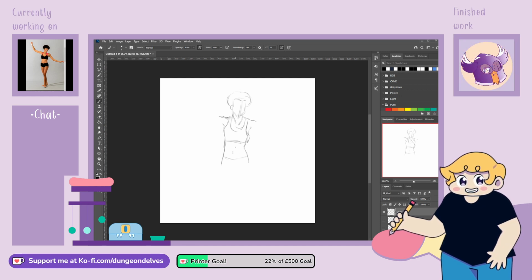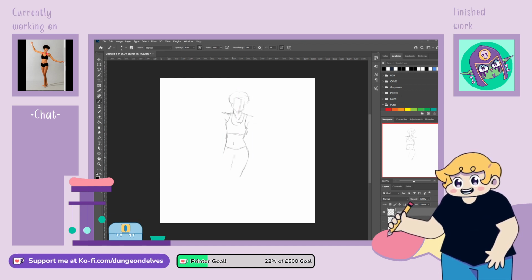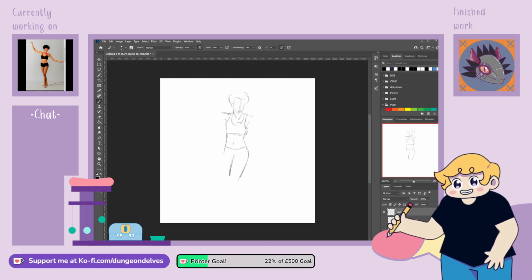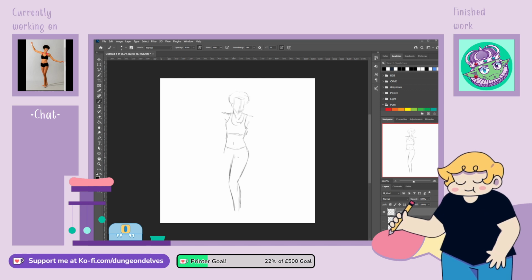Definitely prefer drawing them on paper, but digital is useful. Yeah, me too. It's just I don't have a good setup for a traditional stream. I do it every so often, but only like a couple of times a year, just because my camera's not very good and the lighting situation isn't very good, so I will stick to digital. But for sure, it's nice to get a proper sketchbook feel going.